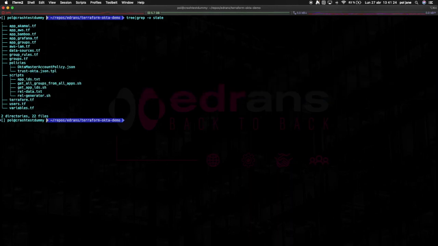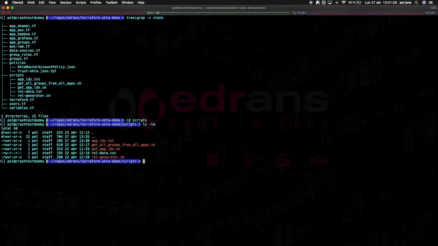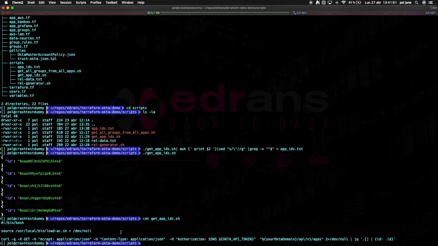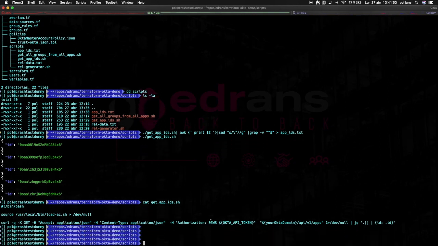And coming back to our code, there are a few things worth mentioning about the API. Let's take for example that we need to migrate a whole legacy Okta environment to another one, and we would like to automate the Terraform coding process. So we're going to use the Okta API to retrieve some values from an Okta tenant and generate the code in Terraform. To do this, we're going to use some basic bash functions. First of all, we need to retrieve, for example, all the application IDs. We save them in a file to be processed by our next script.